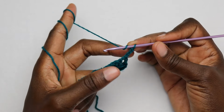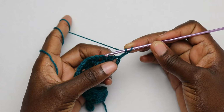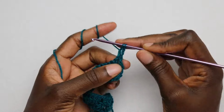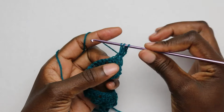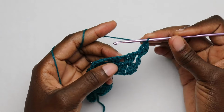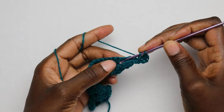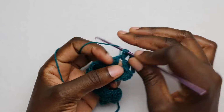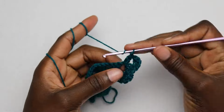So you're going to yarn over, and in this very first chain 1 space you're going to add 2 double crochets. So that is the first one, and then the second double crochet, then chain 1, skip the next cluster of 3 double crochets, and in the next chain 1 space place 3 double crochets. So we have 1, 2 and 3,